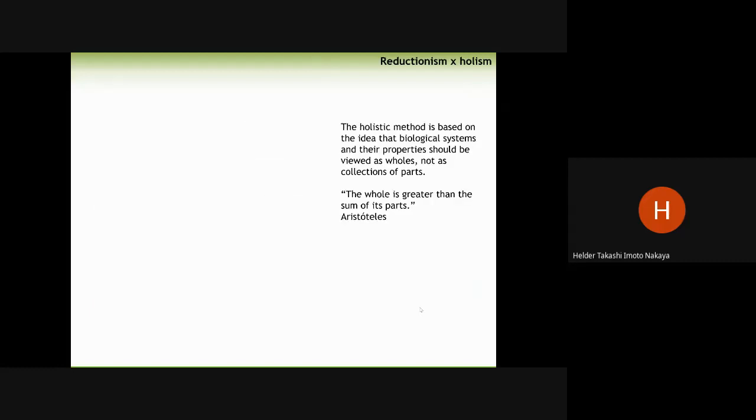And what became clear is that the proper method is actually the holistic method, which is based on the idea that biological systems and their properties should be viewed as a whole, not as a collection of parts. So the whole is greater than the sum of its parts. You can break down the whole airplane. You can have all the screws, all the pieces together, and you're not going to see how that machine can fly if you only analyze the screw